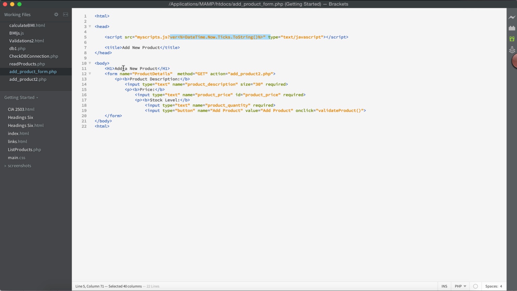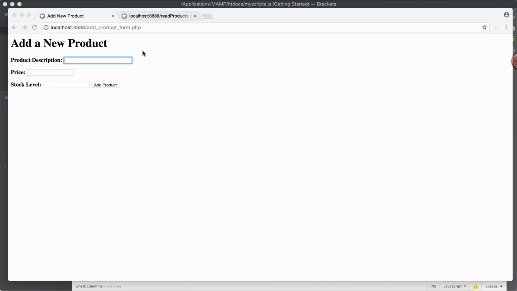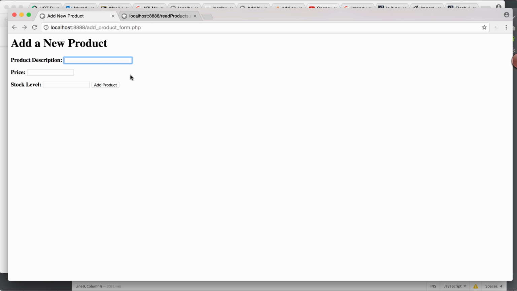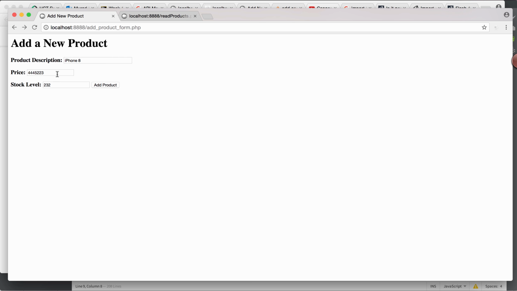Product description, if I make any changes here, I go to my scripts.js, and I just disable this. Even if my price is less than 10,000, it won't get submitted. That's what I wanted to do to make sure my JavaScript is refreshed. So product description, I say iPhone 8, maybe I'm being futuristic. Price, it's a really high price. Enter price below 10,000, I say okay, 44,